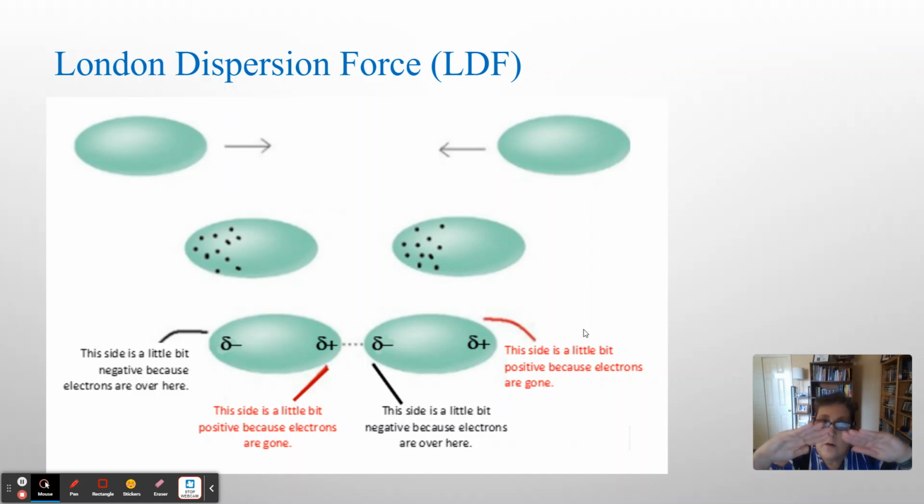Well, when those molecules are close together, because that side is a little bit positive, it's going to suck the electrons over because they're negative and opposites attract. So in the second molecule, we're also going to be polar for a moment. We're going to be a little bit negative on one side, and the other side will be a little bit positive because of the way those electrons are distributed. But then it goes away, and the molecules go back to being non-polar.